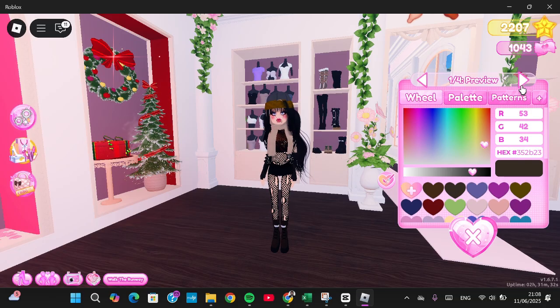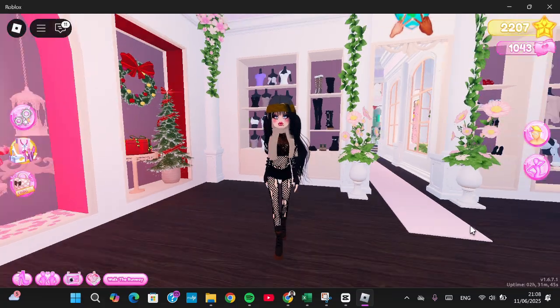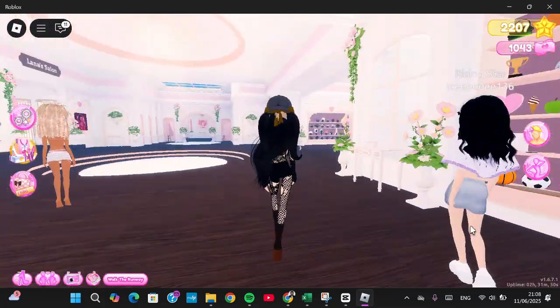for the first selection, and for the next selection I'm going to make it this color and make it this color for the third selection, and the last selection I'm just going to leave it like that. Okay, and then I'm going to move to this area,